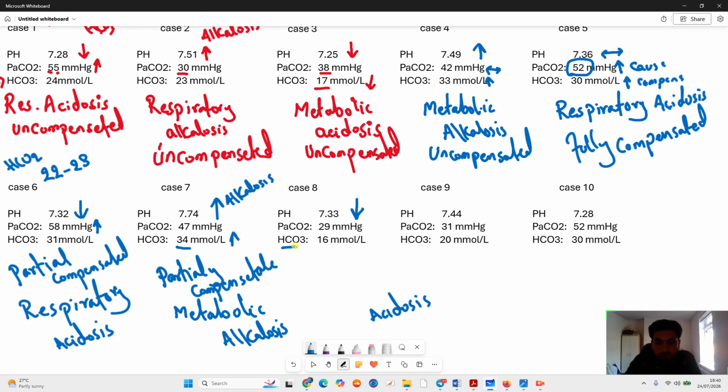So due to what condition is the pH going down? Look at the bicarbonate. The bicarbonate level is less than 22. It means we have less bicarbonate in our body, and due to that the pH is going down. So what does it mean? Metabolic